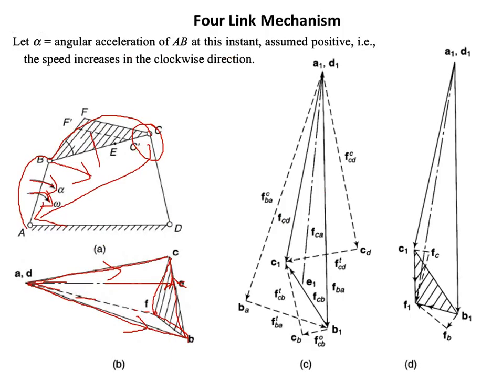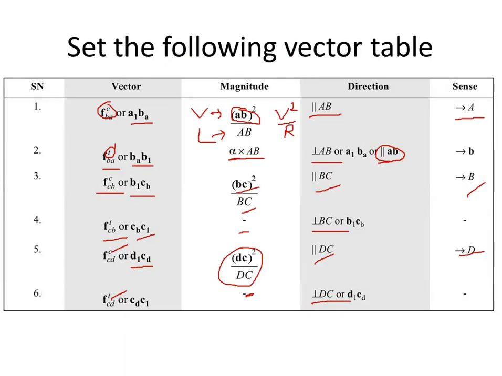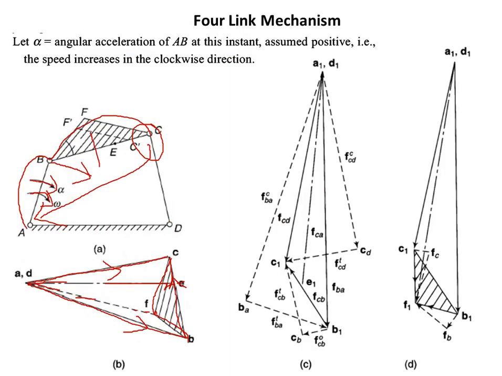So how are they taken? First you have to take the values here, everything will be noted down, and from that you have to take these values, that is centripetal and then tangential. How they have done, I will tell you. You can see A1 is the starting point, then they have taken A1 to CD, then CD to C1, and then they got the resultant, that is A1 to C1. So if you want to get A1 C1, you have to move from A1 to CD and then CD to C1 like this.